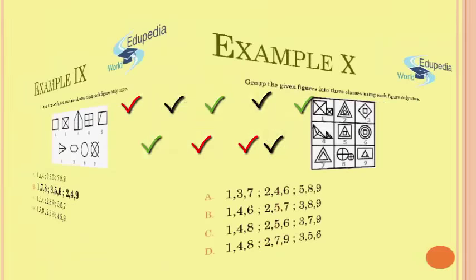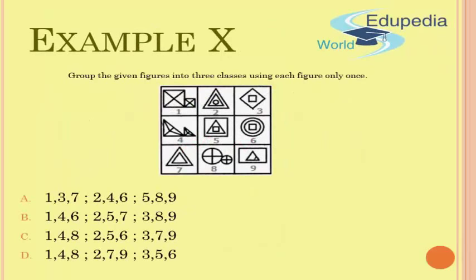the final question. Now in this example, again I have a 9 by 9 grid and I have to use some logic to put these images together. So upon observing, I see that one group is very simple, that is figures 1, 4 and 8, because they have two figures side by side. Okay, they are identical figures. So in figure 1 you have two squares next to each other which are very similar to each other, just that the square on the right is smaller than the square on the left.